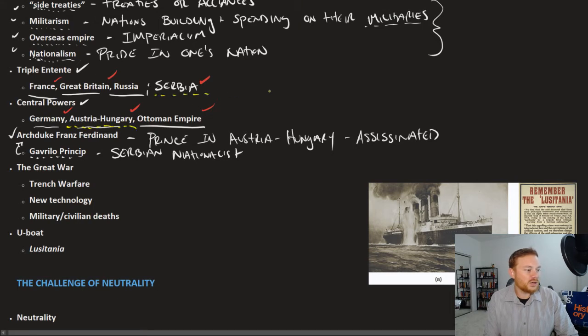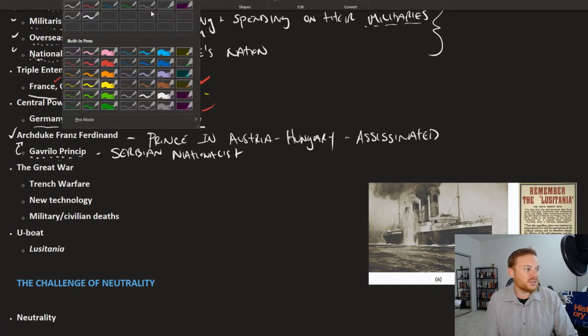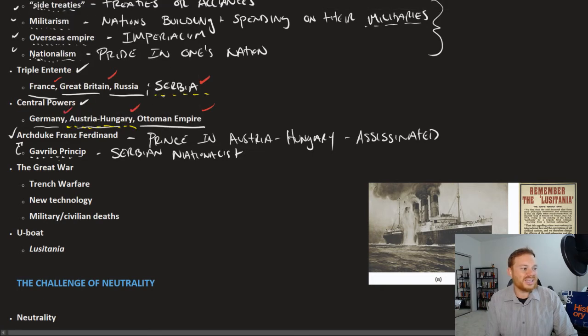And that's because in the country of Austria-Hungary right here, you had a lot of Serbians who were ruled over by that state. And so the thinking was that if we kill the Prince of Austria-Hungary, that will lead to more independence for Serbia. And when that happened, then the alliance system began to kick in. So Serbia assassinates the Prince of Austria-Hungary.